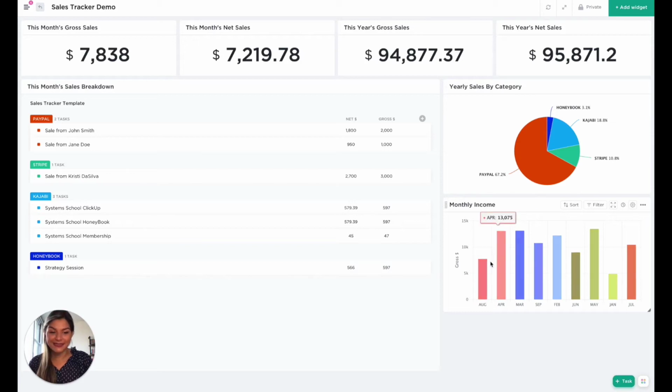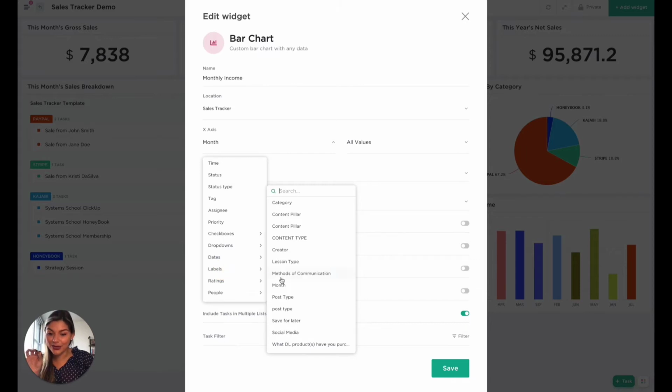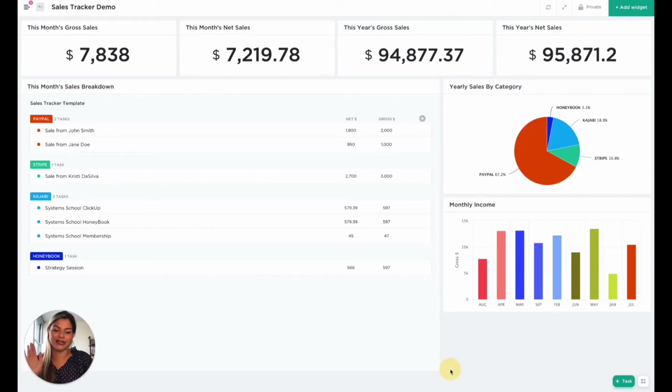And then monthly income is that bar chart widget. And then when you go into settings, you have monthly income, sales tracker, x-axis is labels month, all values, y-axis is numbers gross, group by none, and include tasks and multiple lists, save. So that is all of the widgets explained on the sales tracker